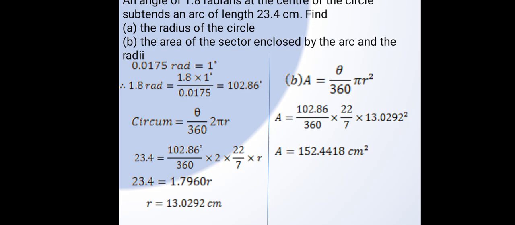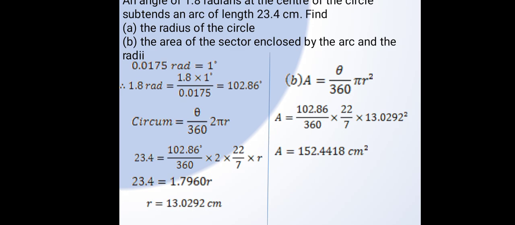0.0175 radians is equal to 1 degree. What about 1.8 radians? So 1.8 radians will be equal to 102.86 degrees. Now we know the arc length is angle theta over 360 multiplied by 2 pi r. So our theta is 102.86 degrees